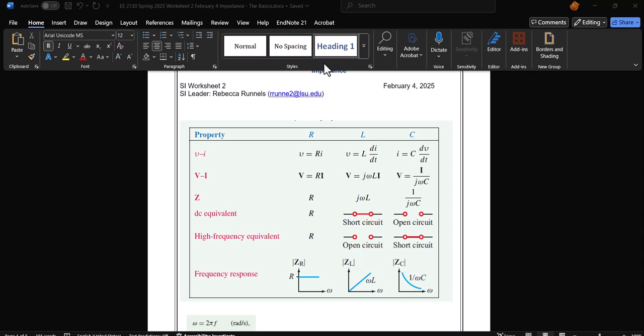All right. Okay. So first of all, I have on this worksheet this little table that shows some equivalence between how we're going to do things in the phasor domain, which is what this first chapter is about. So if we look at